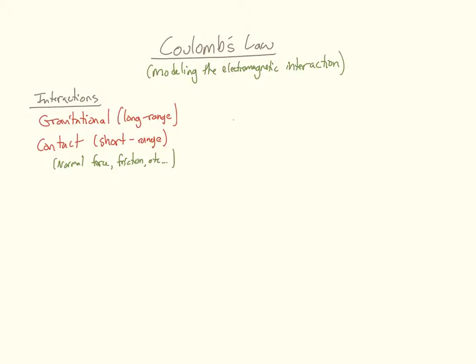What's interesting about these examples is that the gravitational interaction is a fundamental interaction in physics. Everywhere in the universe there are gravitational forces and they all act in exactly the same way. What's unusual about the contact interactions we've studied so far, the normal force and the friction, is that they're not fundamental. They only exist because there are objects there for us to push on to exert normal forces on us, or